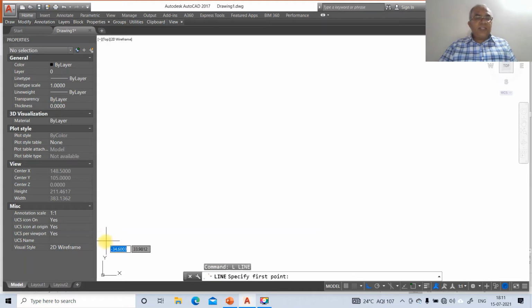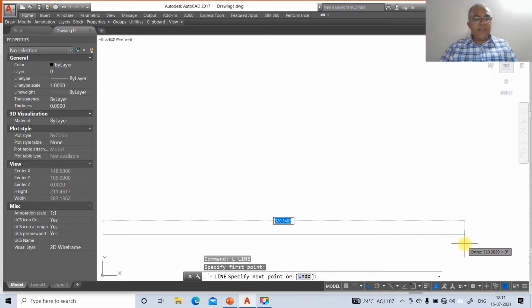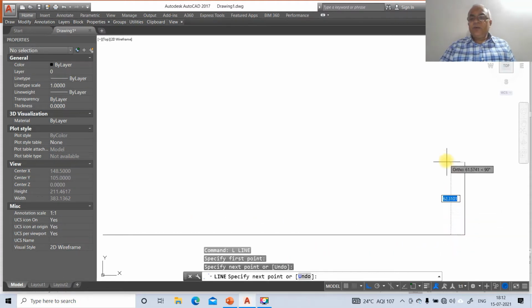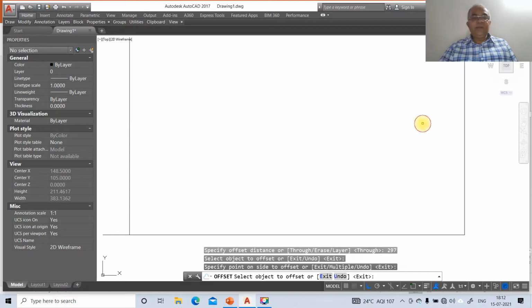Now we need to create the A4 size sheet. First, click the first button of the mouse and drag the mouse towards the right side, take some distance and click. Again, take the cursor to the top side, take some distance and click, and press Enter. Then go to offset, take the distance as 297, select this vertical line and offset to the left side.